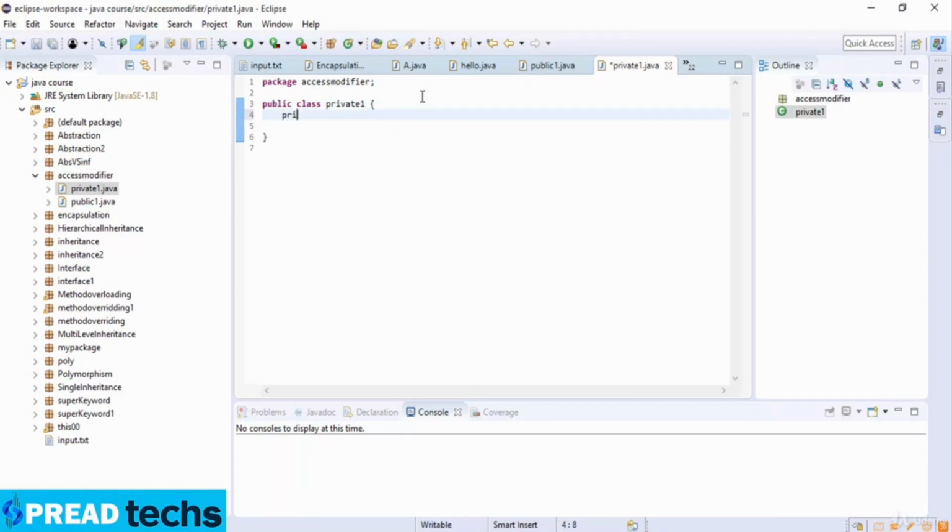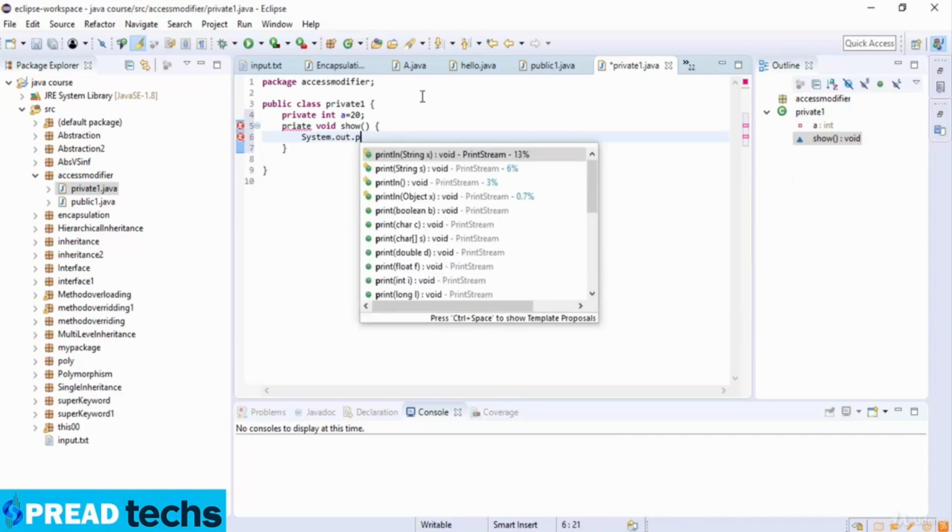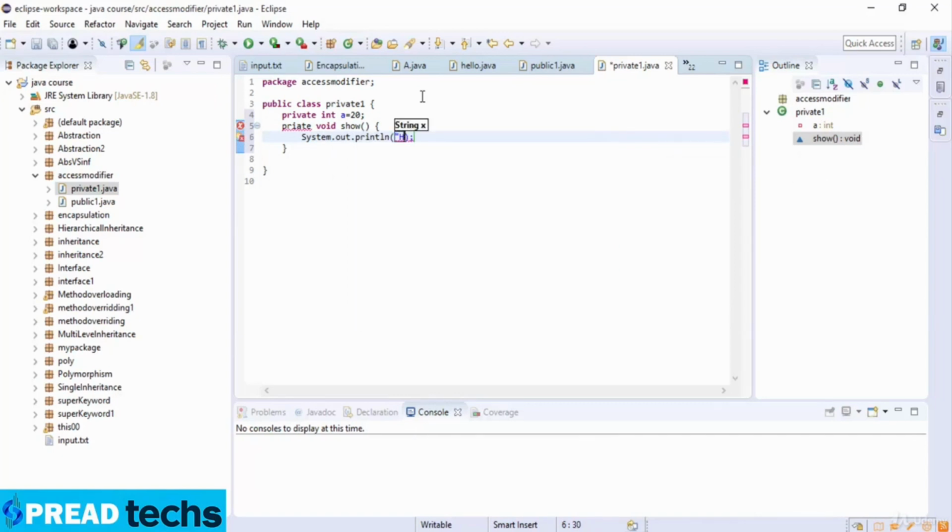This is the class Private1, and then I use private int a equal to 20, and then private void show, then System.out.println, and the print line here is hello, private modifier, and this is private. Okay,